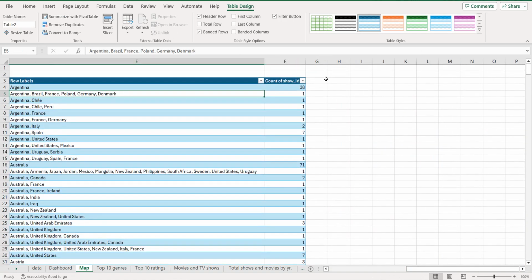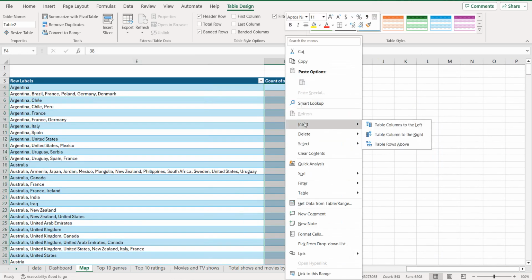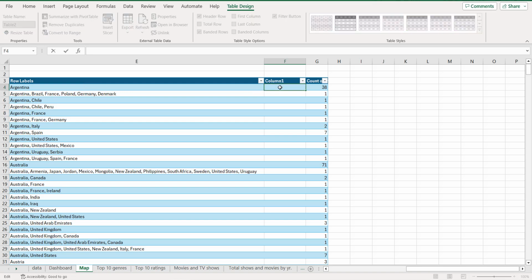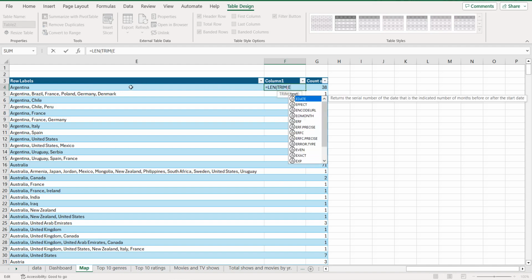Now double click, we go to here, right click, insert columns to the left, and we use the following formula to count the number of words we have in each row. If we have one single word, it means a country, so I'm going to use it to create the map. Or in case, for example, of United Kingdom or United States, then we are going to select the two words. First we need to count the number of words, so use the following formula, length, trim, and we use our cell, which is E4, okay,